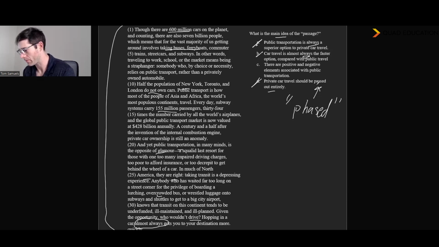Maybe we'll do a video someday about the difference between past and passed, by the way, just now that I'm looking at the word past here. But phased out is what I meant there. My apologies. Anyway, with this one, once again, we're looking at C being the best answer in this case, just because it's not really too extreme on one end or another. It's general enough to not be incorrect.